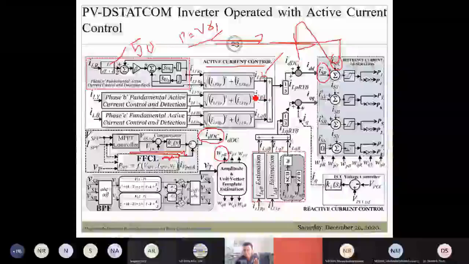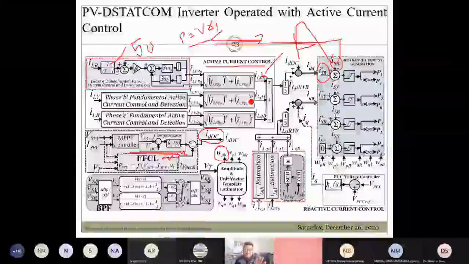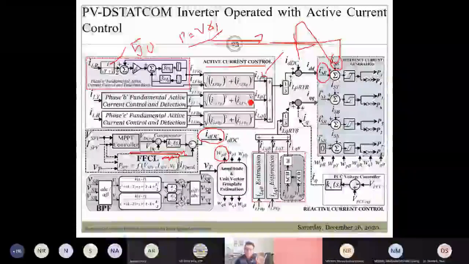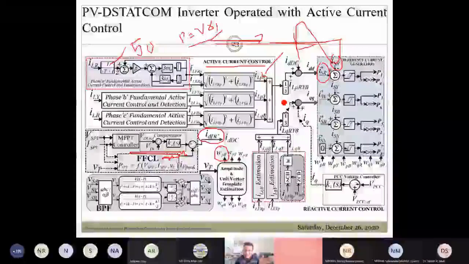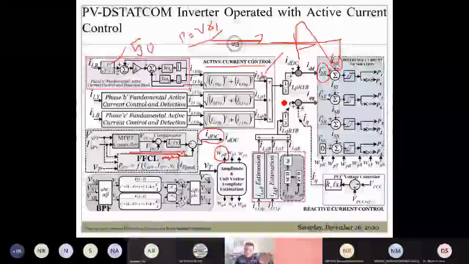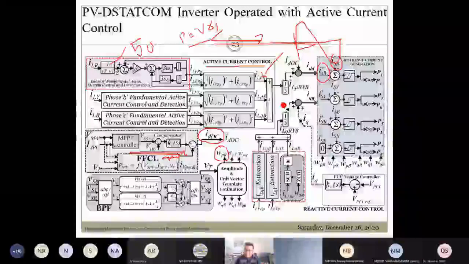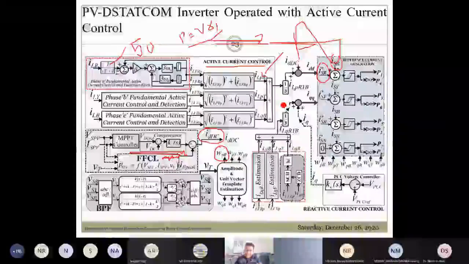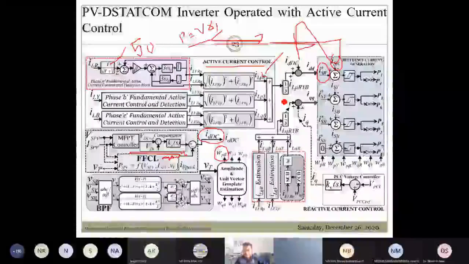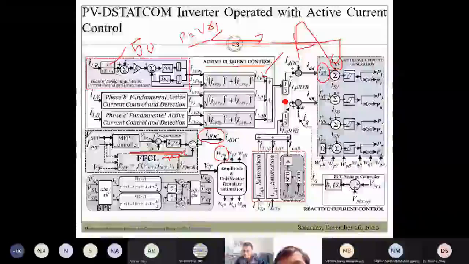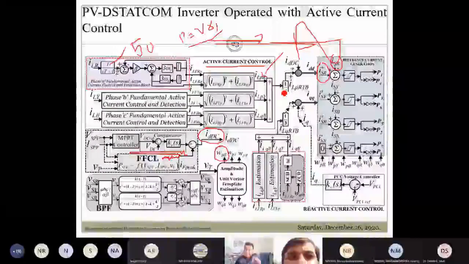Neither reactive also, sir? Yeah, see, reactive power is injected only if it can control that much amount of voltage sag. But if it is beyond the inverter's reactive current capability, then it cannot control that voltage sag. In that case, the inverter will be asked to stay connected, but not to provide any amount of active power or reactive power support. So you mean to say that it will be with the grid, but it will be of no use. Neither will it give active power nor reactive power. Yeah, but it is connected.